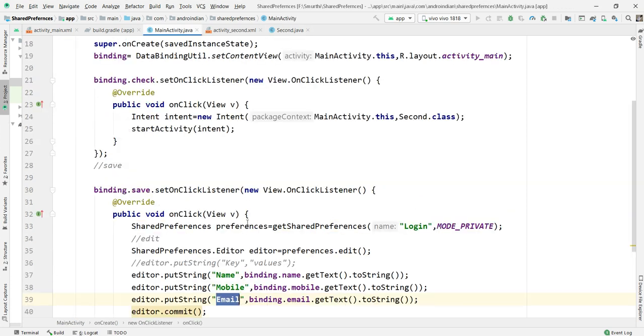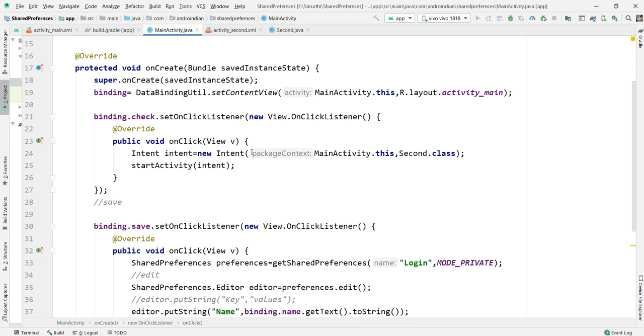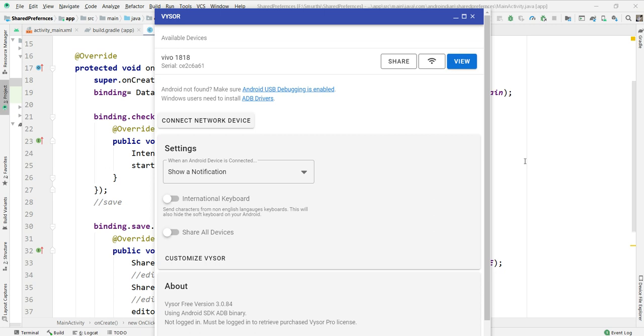Why am I writing like this with 2 buttons? If I write it within the same button, you may think that the data is passing like an intent, but here it's not. But intent is already there to transfer the data, so why are we using this again? Because intent means I can transfer the data only one level. I want to go A to B, I can transfer the data A to B.